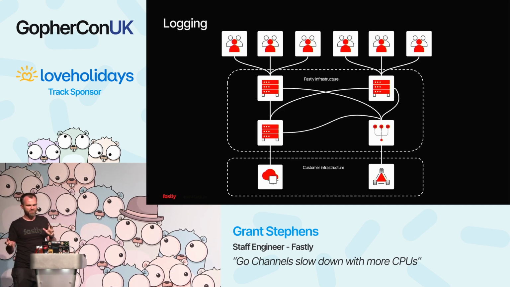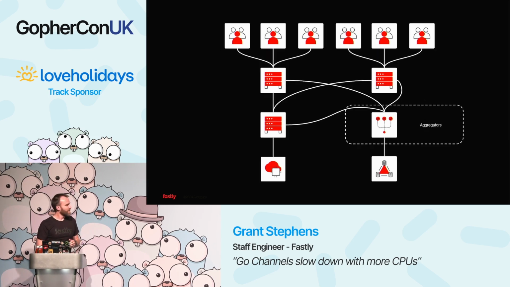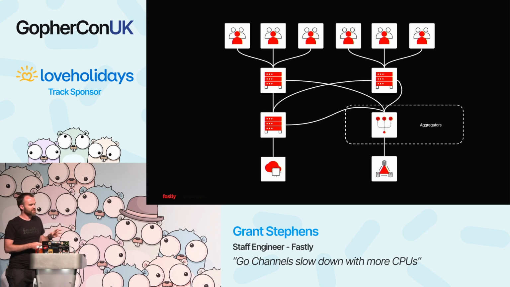So maybe some of you have spotted it already, but there's obviously a lot of things going into that little logging piece at the end there, and then a single hop that goes over to your infrastructure. And you might notice some coming together there, foreshadowing. And just to put some names on these things, those things there we call the aggregators. They're essentially aggregating all the logs from all the different edge cache nodes. They don't actually do any processing on them other than combining them and zipping them up if you ask for gzip, retrying if your server happens to be down for a little bit, and things like that.